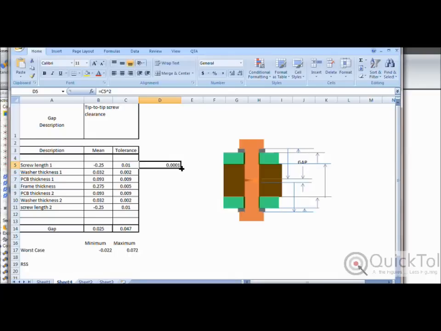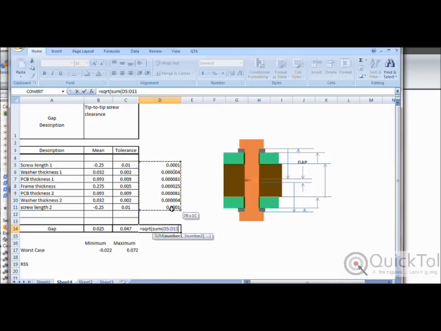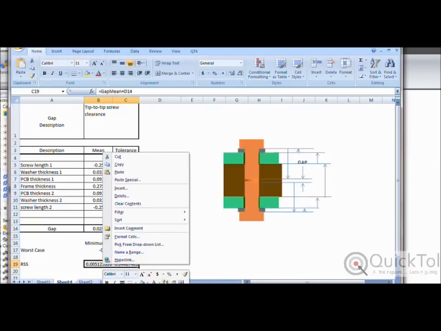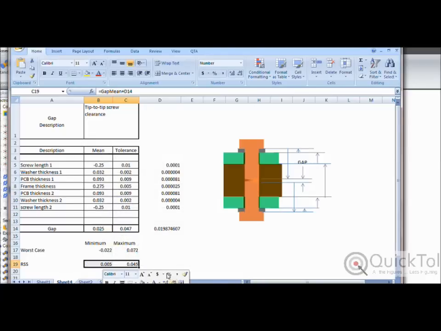So we're going to square the tolerance, all of our tolerances, and then we are going to square root the sum of the squares. And this is going to give me the RSS tolerance. So I can figure out what is the minimum RSS gap, which would be the mean value, minus the RSS tolerance. I can find the maximum, which is the mean value, plus the RSS tolerance. Now, I don't like so many significant digits. A lot of them are really insignificant. So, we're going to make that a little bit easier to read. So we see the RSS gap is a little less extreme than the worst case gap, which is to be